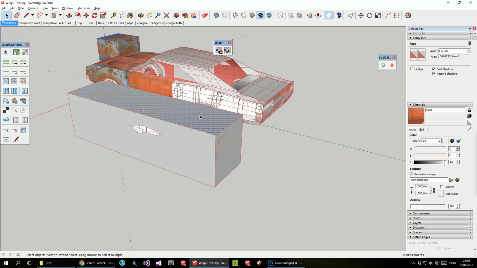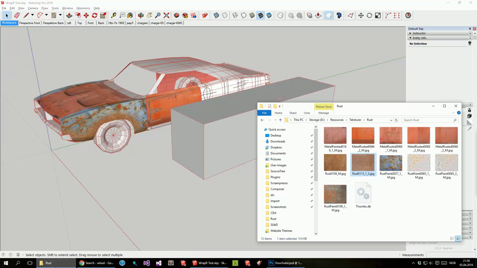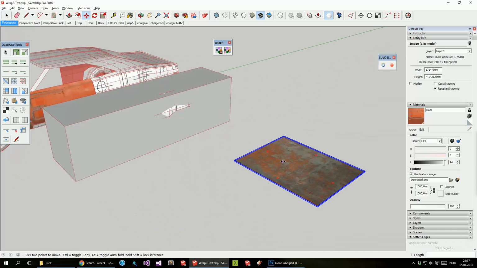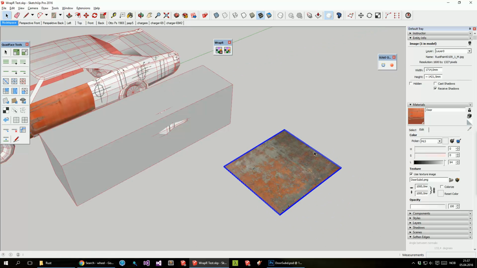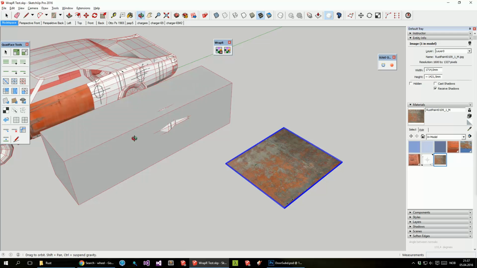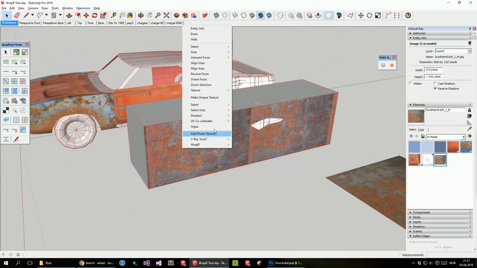Anyway, right, the old way of mapping things would be to take one of these, get texture, use this material, find that material, map it onto this thing, and